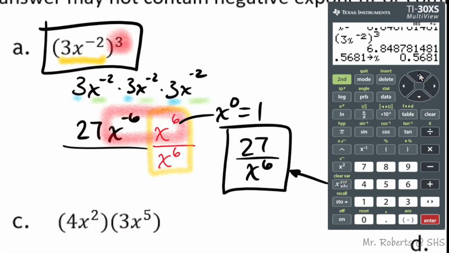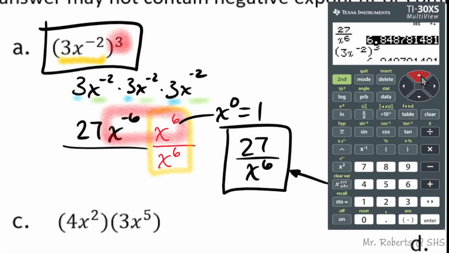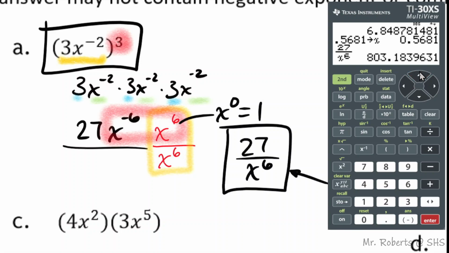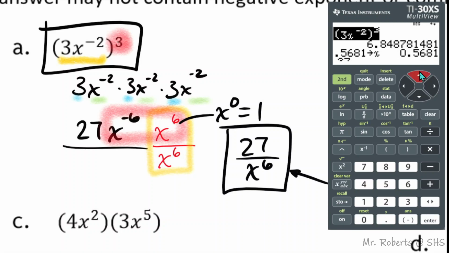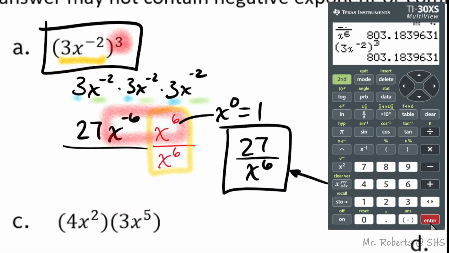0.5681, store that in x, right? Without typing these, I can go up and grab the first expression. Here's what I think the simplified version is. That's what I get, 803. And if I grab this one and do it, I get the same, right? If these numbers were different, I would have to be wrong. I can't say that I'm right, but I can't say that I'm wrong either. So it's pretty good evidence,